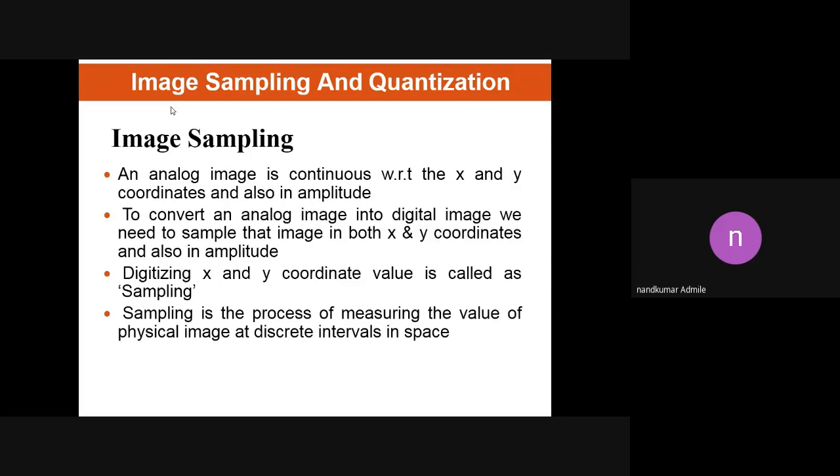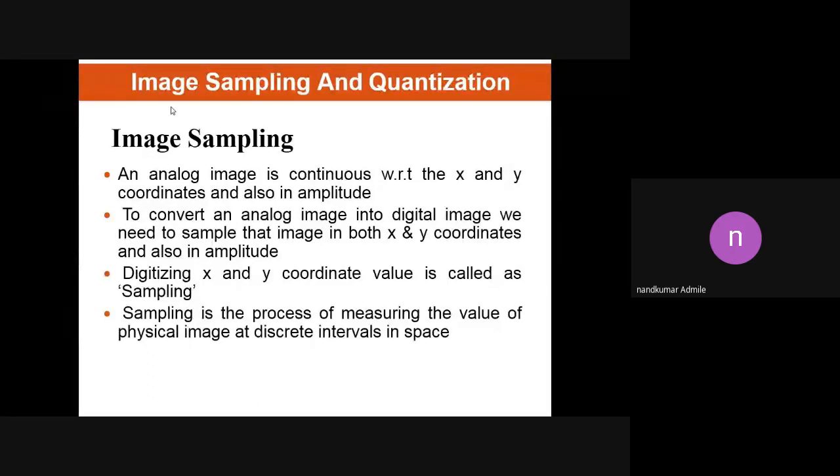By using these three techniques, we know that to represent the image we require displacement in two positions, that is, in a vertical position and a horizontal position. But it is a theoretical thing. How to represent the image, how to convert whatever object we can see with our eyes, or capture using a digital camera? That object might be in analog format. So to represent the analog format, or to convert the analog format into the digital format, we require two techniques. One is image sampling and the other is quantization.